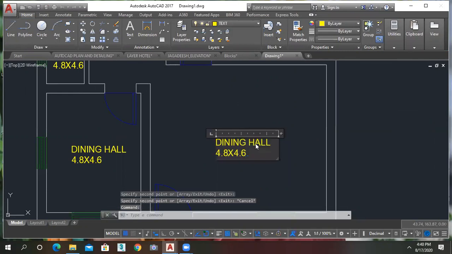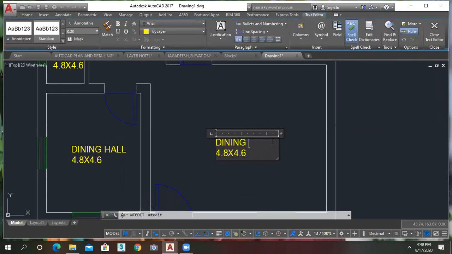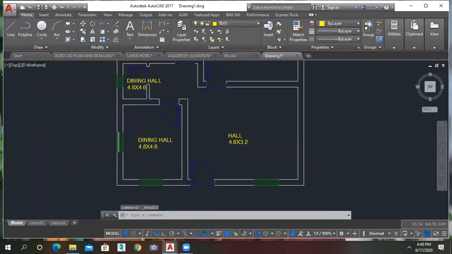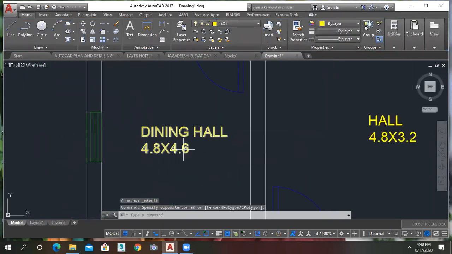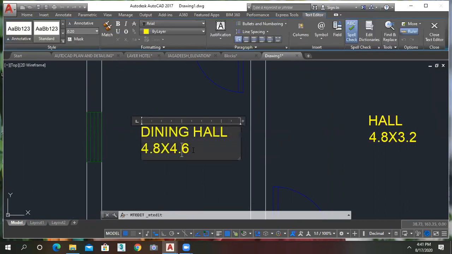Just double click on that and rename it like this. Okay, hall. What is the size of the hall? As I drew, it is 4.8 into 3.2. Okay, and again double click on that text. Bedroom.